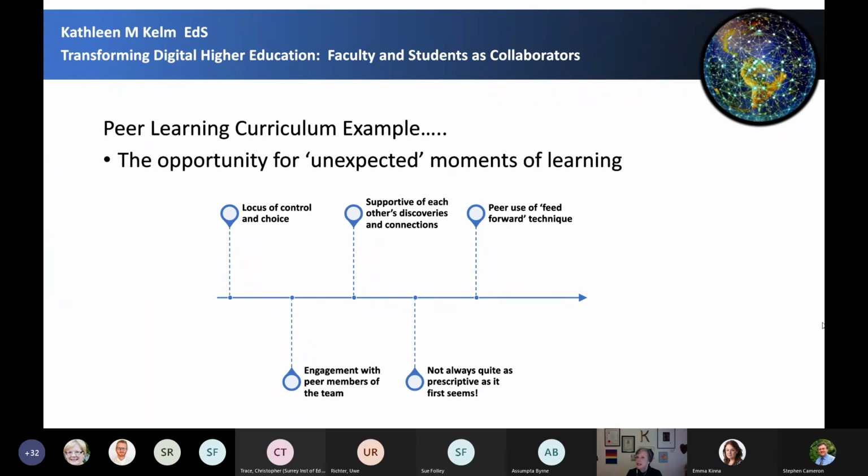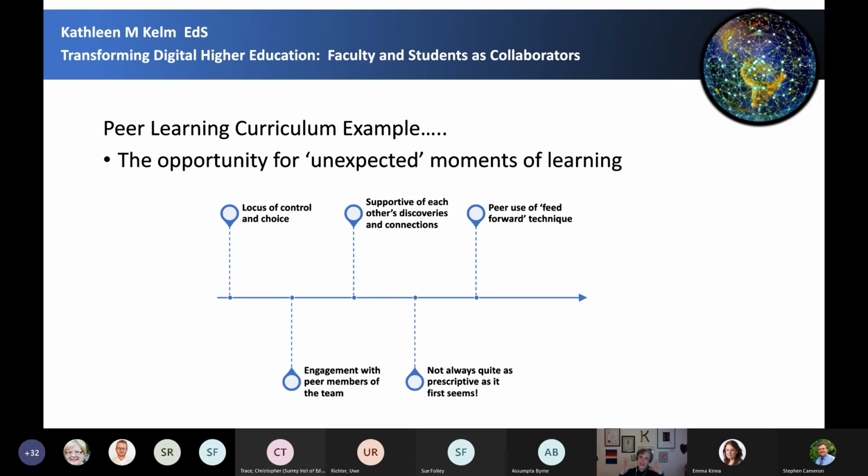Their engagement as team members has changed because they have embraced their autonomy and they are in control of how this project works. So it's not always quite as prescriptive as it seems.